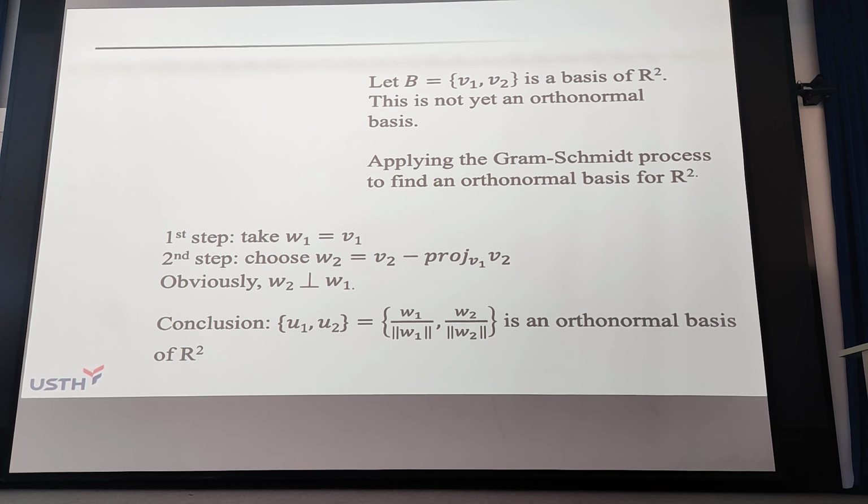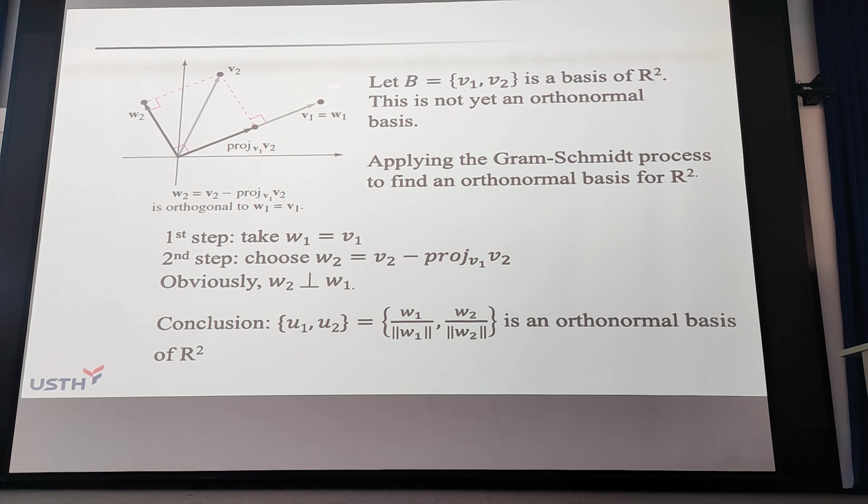Because here we have only two vectors, that is a very easy case. Then we get W1, W2, already an orthogonal basis, but now we need to normalize it. Here we define by the length of that, and we get that one is already an orthonormal basis for R2. And by geometry, you can see here,